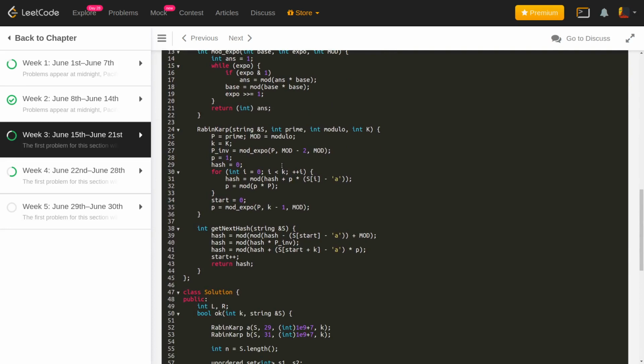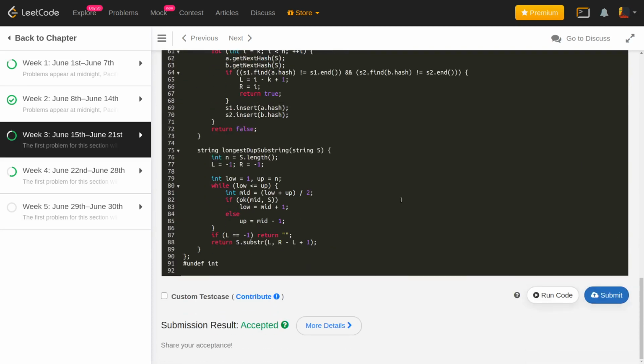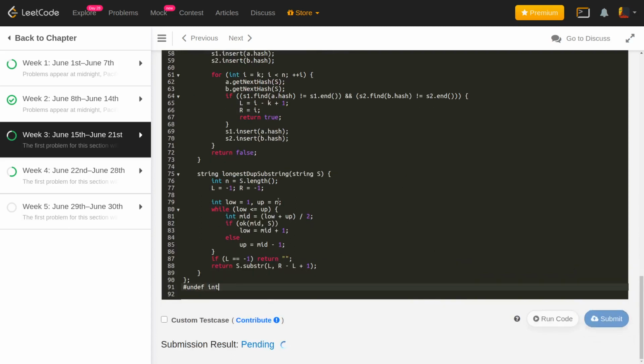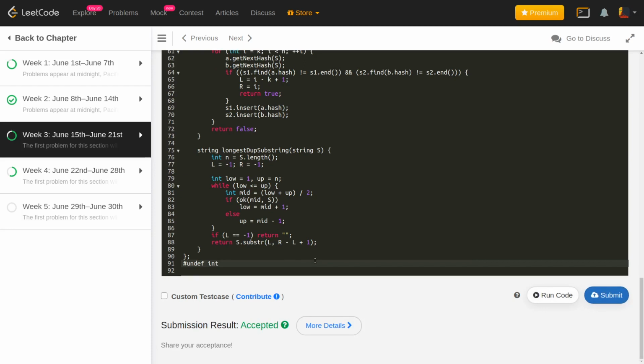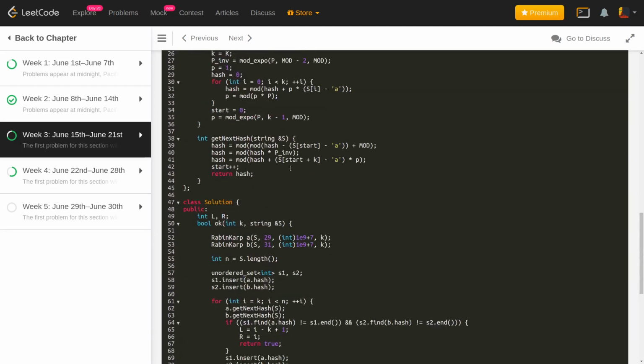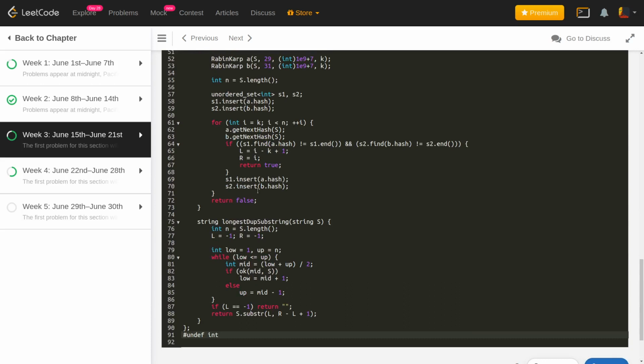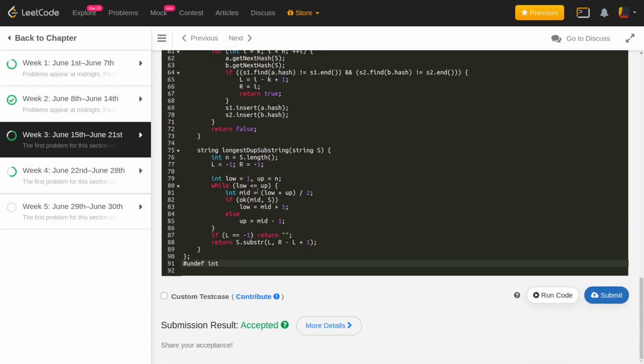And let me tell you one more thing. It's not that it will always give you TLE. Sometimes it might get accepted as well. So as you see here, this particular problem got accepted. Let me just submit it once again. And the reason why sometimes it gets accepted and sometimes it's a time limit exceeded is mainly because of the server load. It might happen that sometimes there is a heavy load on the server, and if you are trying to run a particular algorithm, it might take a bit longer to execute. And sometimes there might be less load on the server also, and it might execute very quickly.